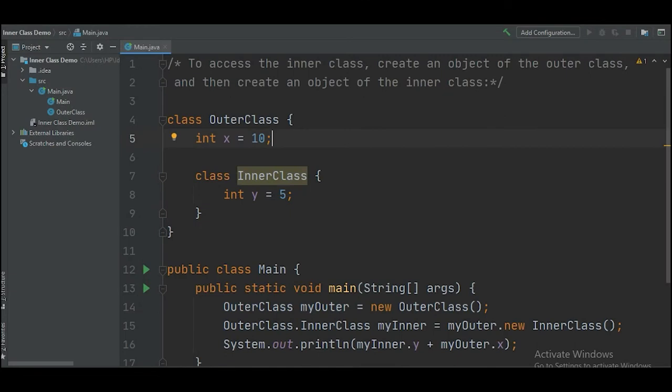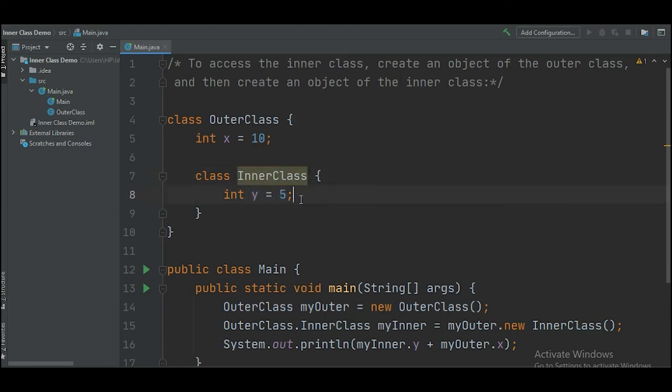So here we have the programming example of an inner class. But before going ahead, one thing you need to know, guys, is that to access any inner class, first we have to create the object of the outer class and then we can create the object of the inner class. So we all know how to make a class. Here I have two classes. The first class name is Outer, and it has int x equals 10. The second class name is Inner, because this class exists inside this outer class, and this class has int